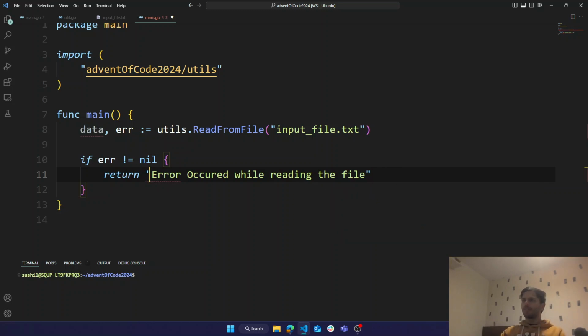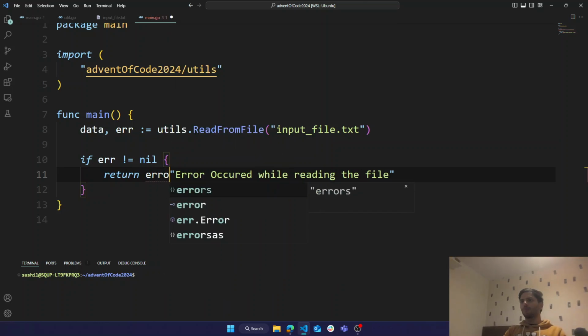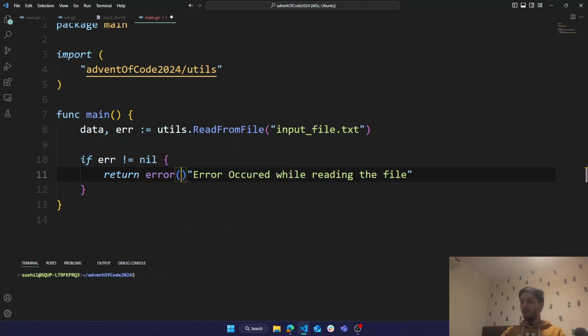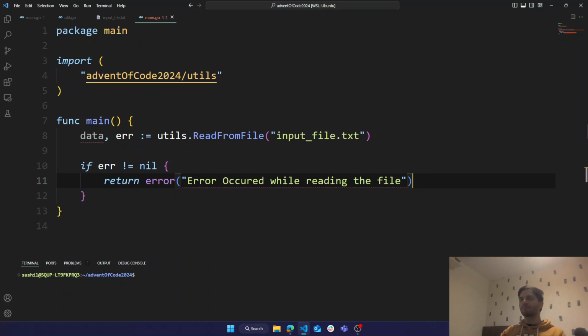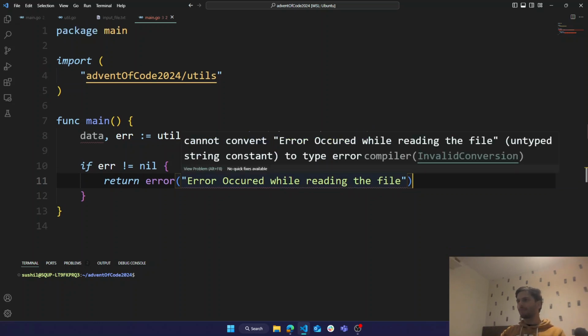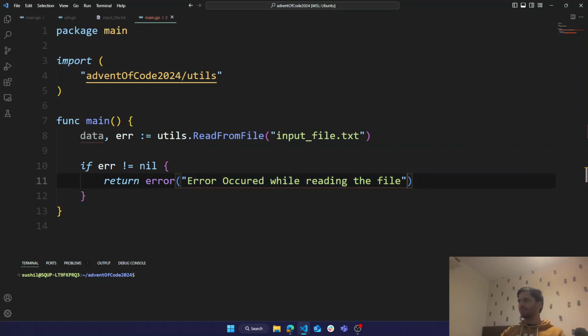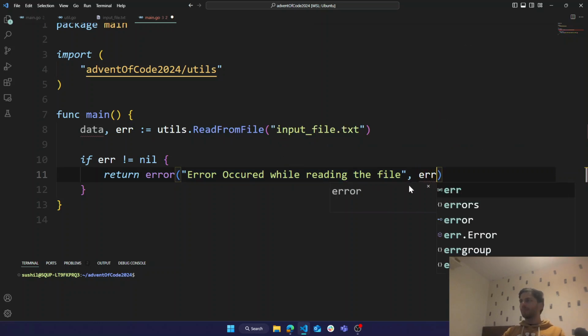That doesn't work. Like that. What the hell, man? Cannot use type string constant. Okay.